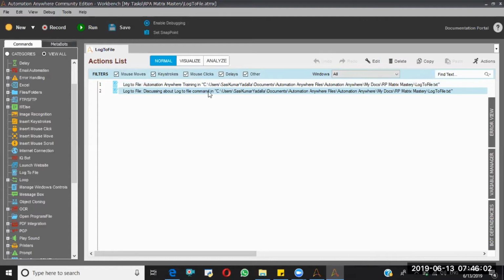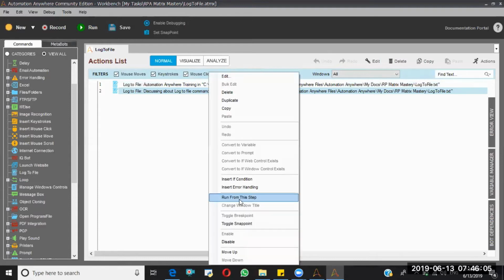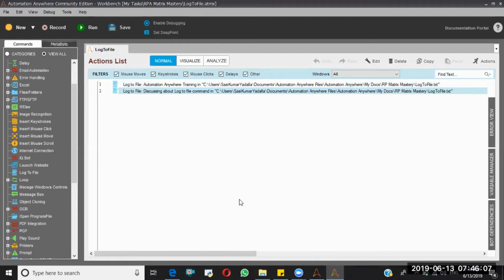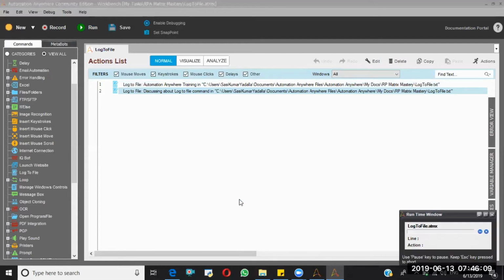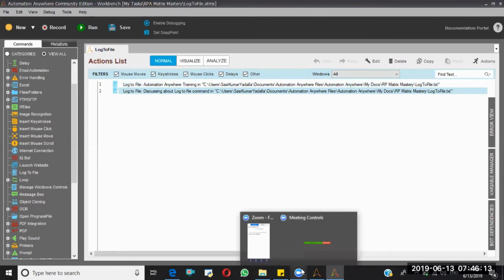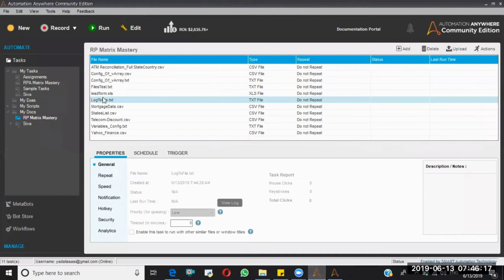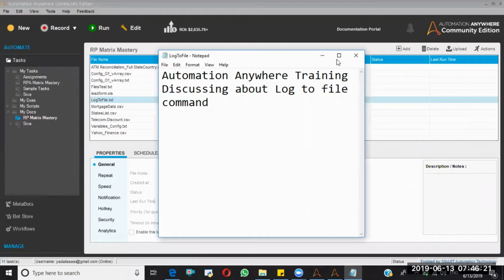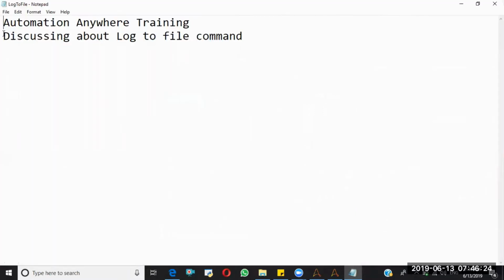Now I'm going to run from this step. Go here. See, this data has been appended to the old data. Like this it will work.